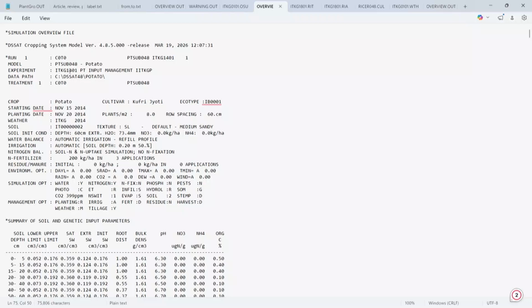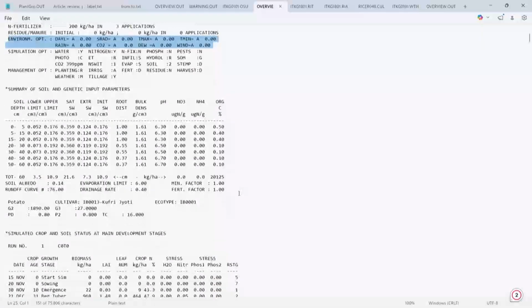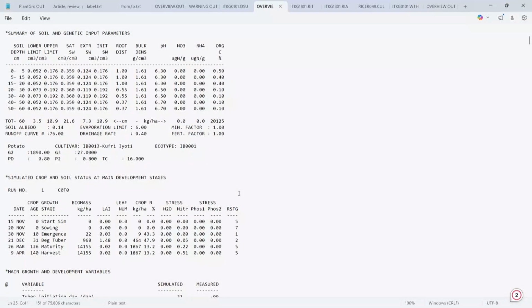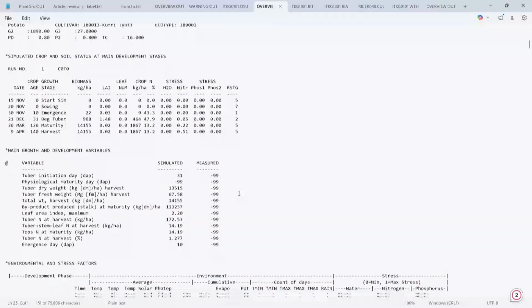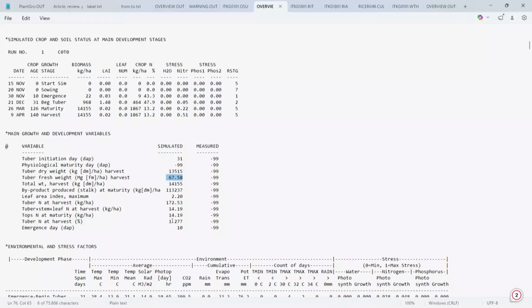Here you can see this is for the potato, this is C0 T0. For this case, if you see the environmental modification, what you have done, there is nothing added in all cases. So, the addition is 0 for all the parameters, and you can see the yield levels as per the simulation, as you have seen for the rice crop. Similarly, here for the potato, for the different growth stages, you can find the final tuber yield for C0 T0. So, ambient conditions without change in carbon dioxide, without change in temperature, for normal weather and the normal recommended practice, this is the yield you can get.